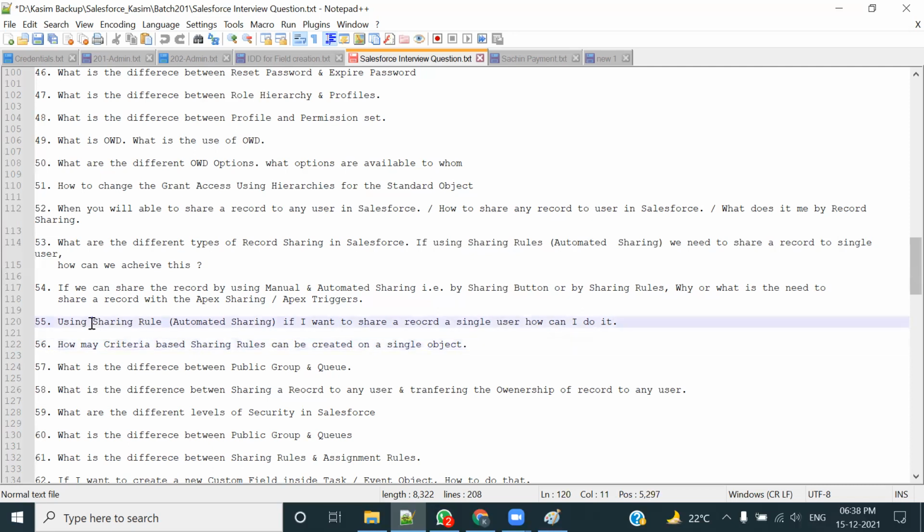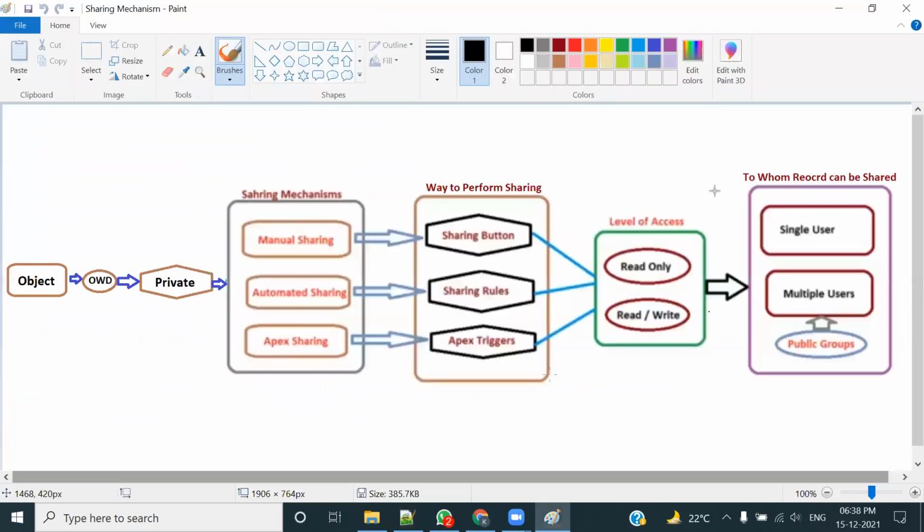Directly you cannot share with the automatic sharing, with the sharing rules, whatever. Directly we cannot share the record to single user, not possible. With the automatic sharing, we cannot share the record to single user. Directly it is not possible. Indirectly it is possible. How? So indirectly it is possible in the way आप sharing rules